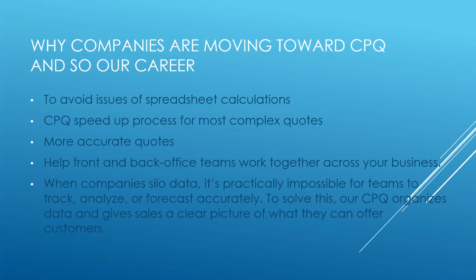Then the third thing is that there are more accurate quotes. In CPQ we have multiple discounting, like additional discount, target discount, and discounts at the line level. All this makes the quote more accurate. The sales rep can put a discount anywhere, and they can build their business the way they want the product to be discounted, and that quote can be more accurate.